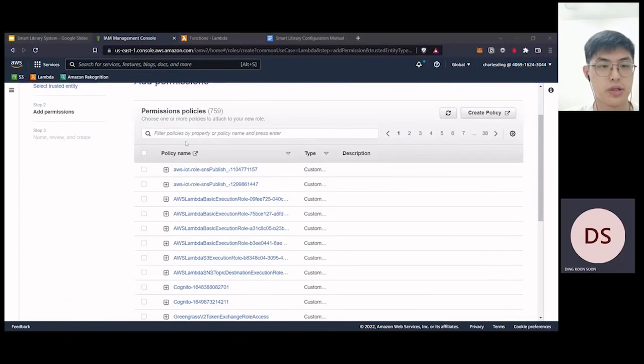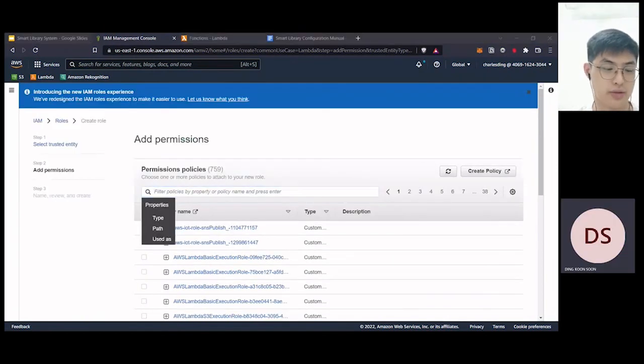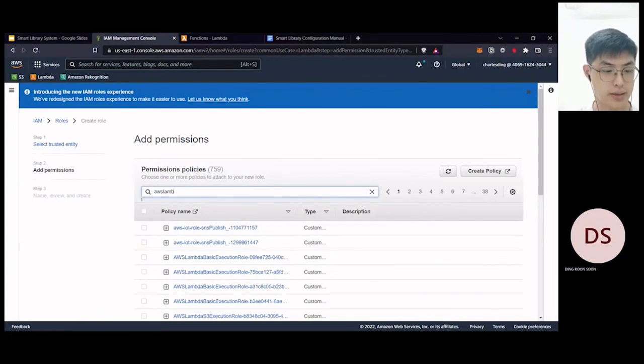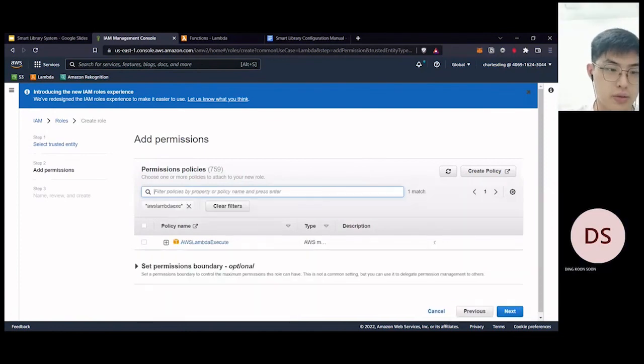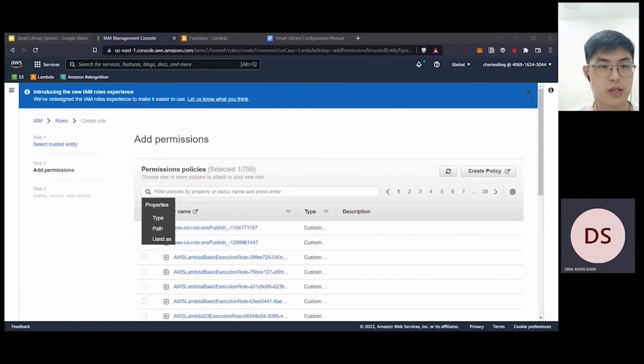So first, you must find the permission policies, and first is the AWS Lambda Execute. And then the second one is the Rekognition one.